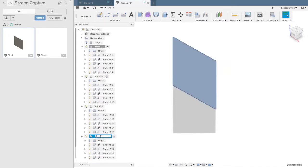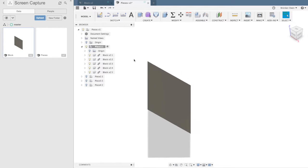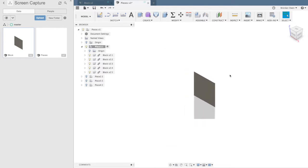So you can see that also has those 5 building blocks. At this point all of those building blocks are overlapping with each other, so you can't really see them. They've been placed in the same spot. So at this point I'm going to hide all the other pieces, and I'm actually going to start constructing my